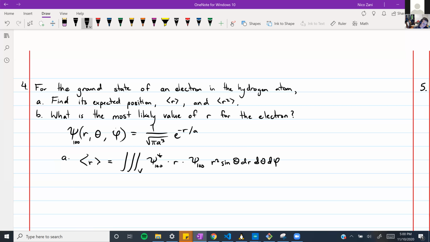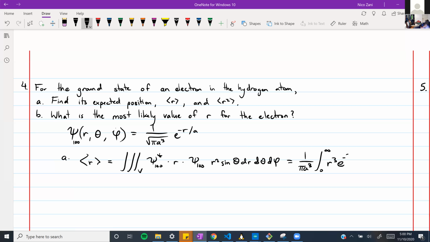And this right here, so the complex conjugate of this function is the same as itself. And on top of that, since we're not doing any matrix multiplication, it doesn't matter what order we multiply these things in. So this is actually just equal to 1 over pi a cubed times the integral from 0 to infinity of r cubed